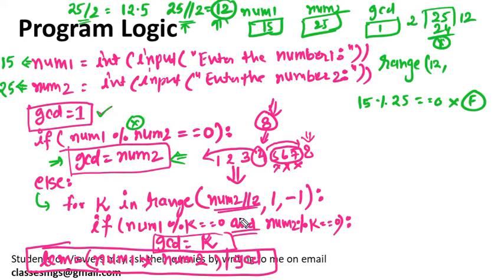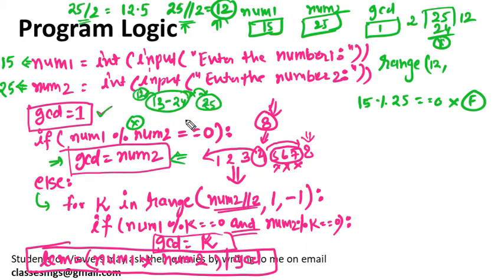And then we know that among 12 to 25, or 12 to 24, any number will never divide 25. That's why we have divided it by 2. Okay, remember this, this is a mathematical fact. Let's suppose 25 is a number. You should understand this logic. Any number between 13 to 24 never divides this 25. You should remember this condition. You can try it also. Between 13 to 24, no number will divide this 25. Any number that might divide this 25 will always be less than or equal to 12.